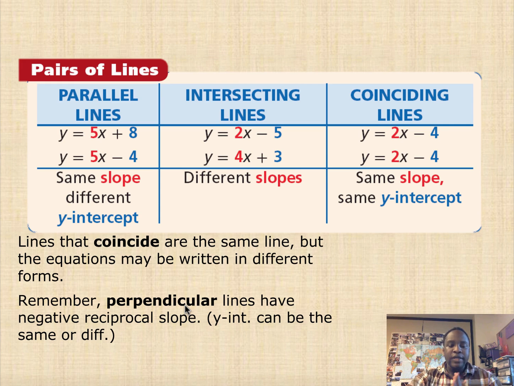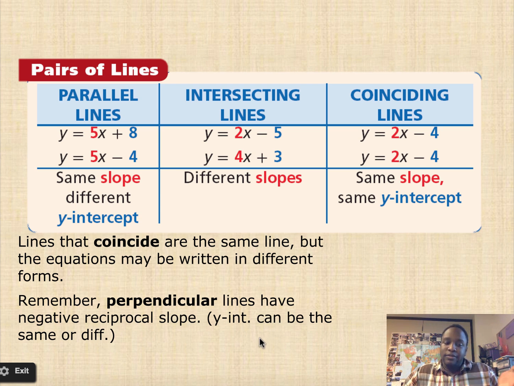All right, so there's 4 different types of pairs of lines. We've looked at angle pairs before. Now we're going to look at line pairs. And so we have parallel, intersecting, coinciding, and perpendicular. Parallel lines have the same slope, but different y-intercepts. So see how these are different? Intersecting lines have different slopes. They can have the same or different y-intercepts, but they for certain have different slopes. Coinciding lines have the same slope and the same y-intercept. And then lastly, perpendicular lines have negative reciprocal slope, and the y-intercept can be the same or it can be